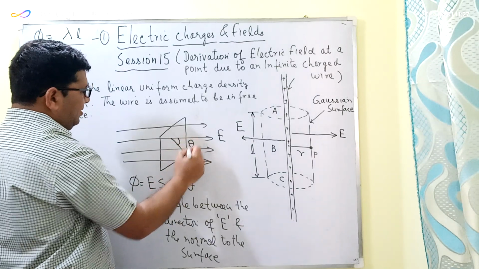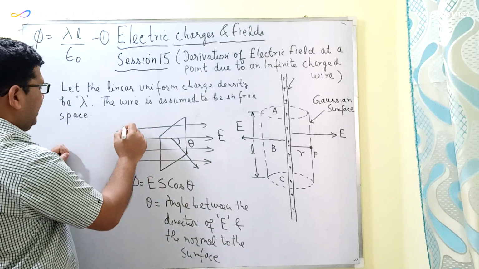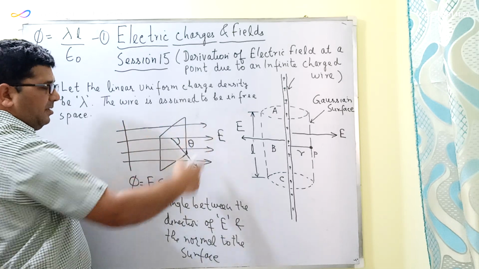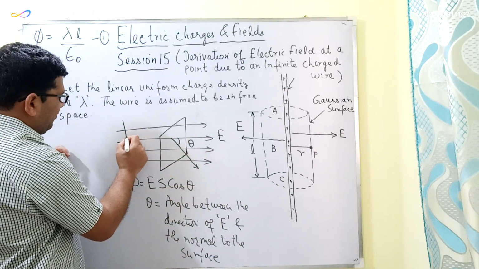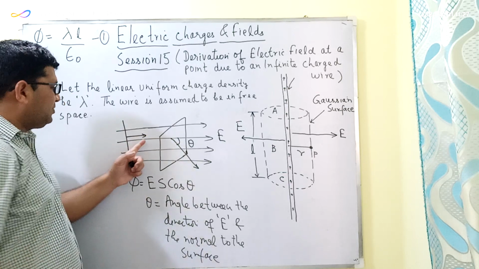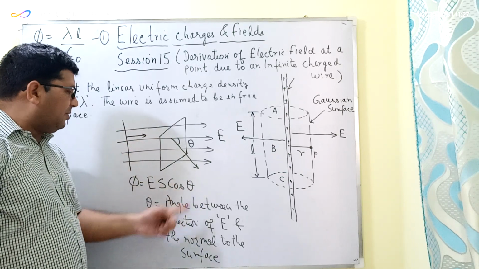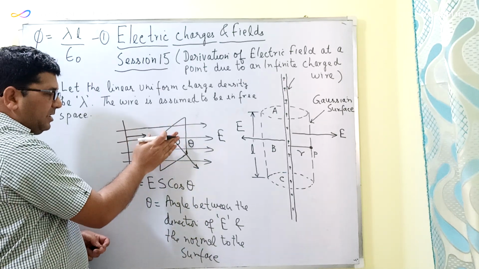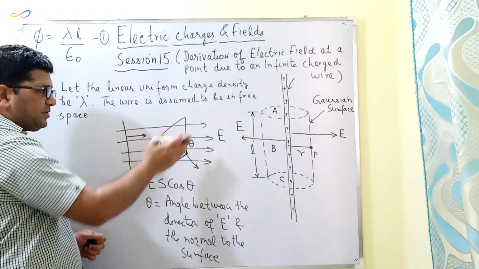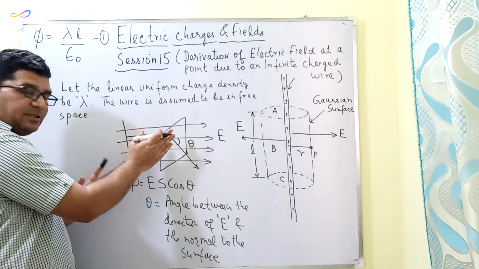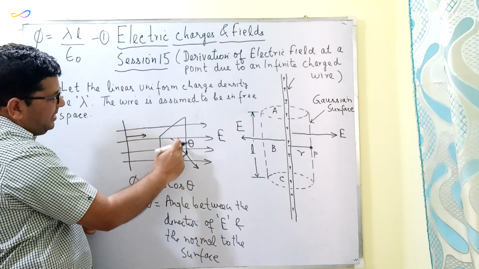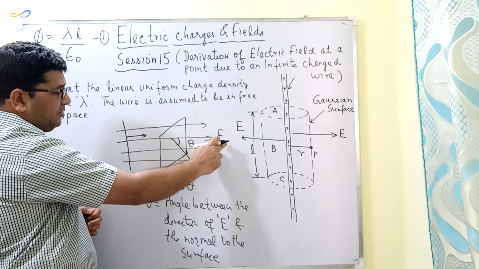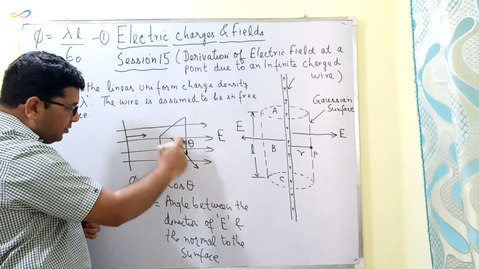So this is the angle theta. If this surface was lying perpendicular to this electric field, then the normal to this surface would have been along the direction of this electric field. So in that case, theta will be equal to 0. But now here this surface is inclined, it is not perpendicular to the direction of this electric field. It is slightly tilted, and because of that, the angle between the direction of this electric field and the normal to the surface